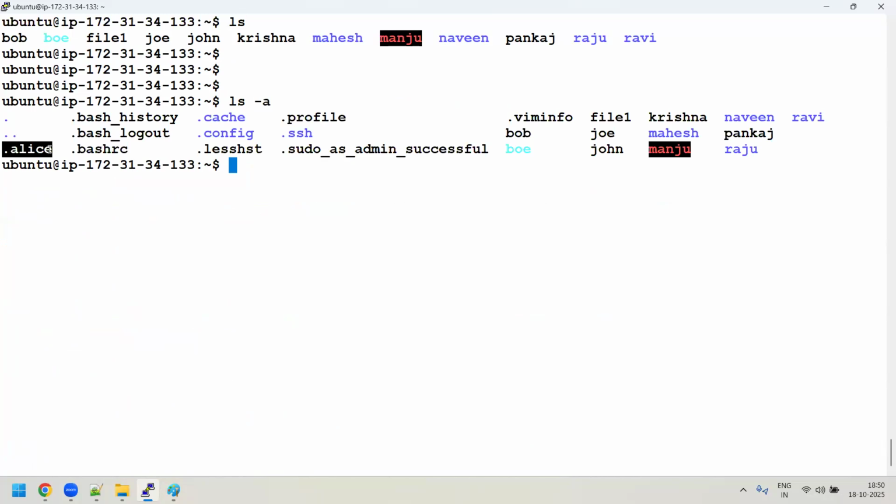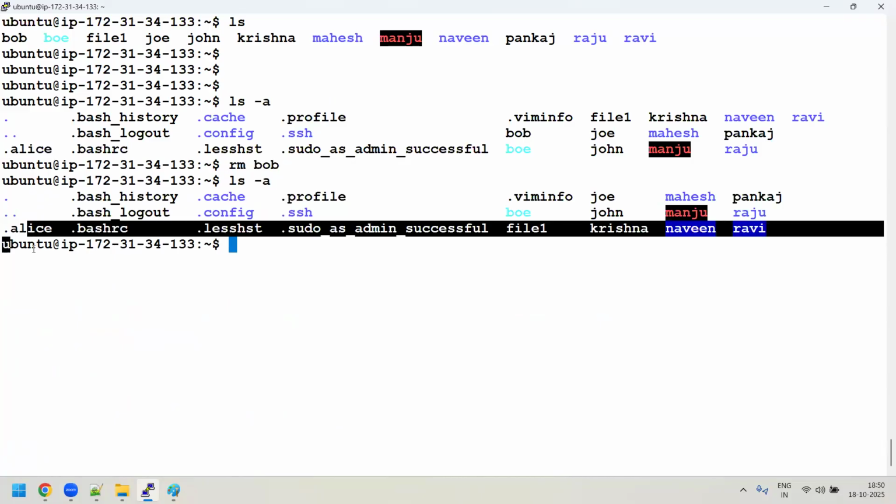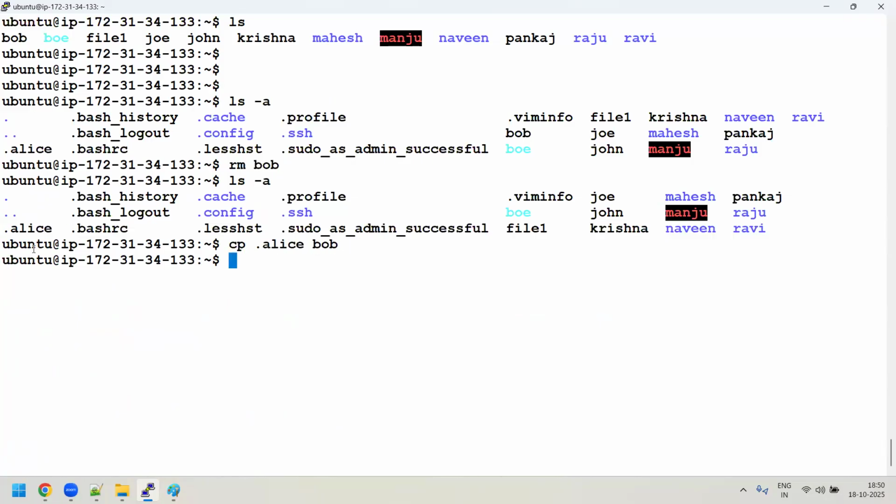So they hide that file but keep a copy, because tomorrow, suppose somebody or an engineer removes this file mistakenly. Oh man, I removed it, but I remember I had created a hard link for this file. Okay, no problem, I can recover that file. I will copy the .Alice back to Bob like this, and then I can see the content of Bob. Did you understand?